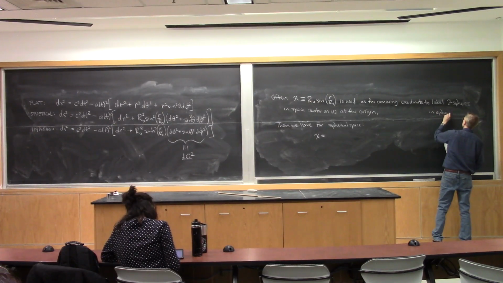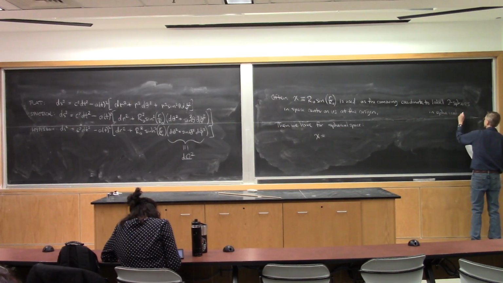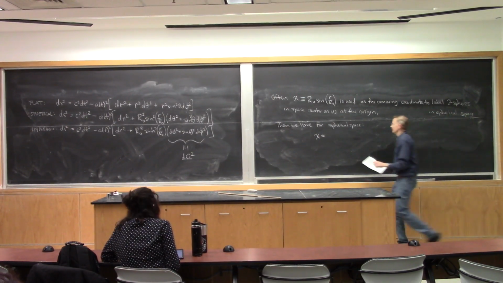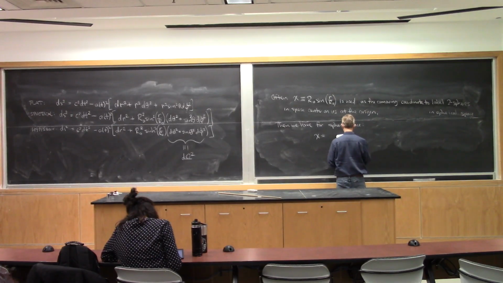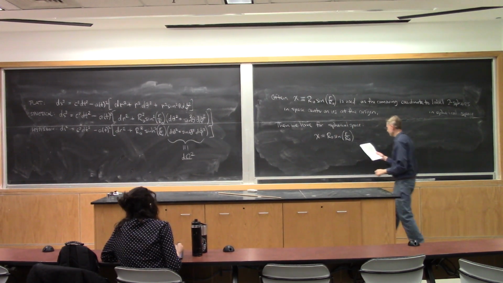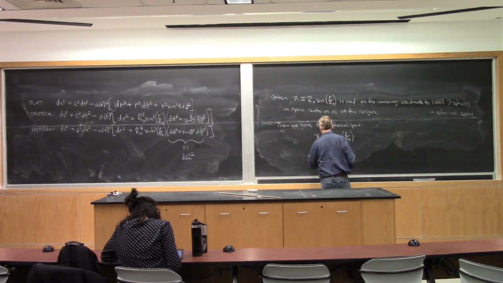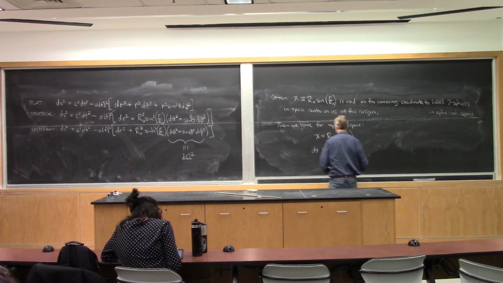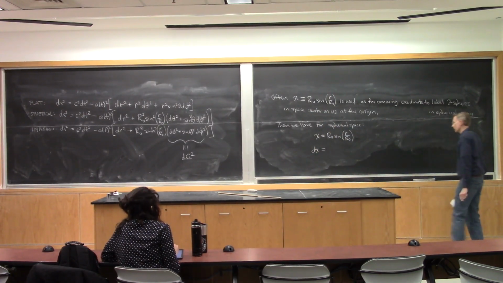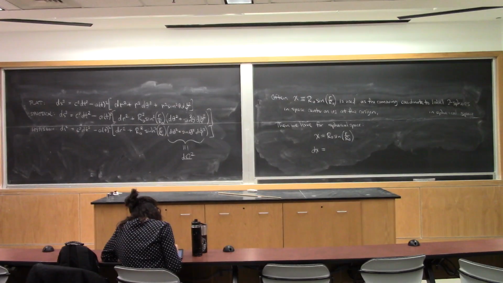And I'm going to make a similar definition in hyperbolic space, but I'll just use the sinh instead of the sine. X is r naught times the sine of little r over r naught. If x is r naught sine of little r over r naught,